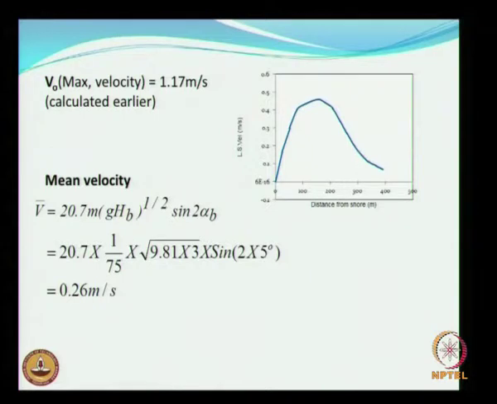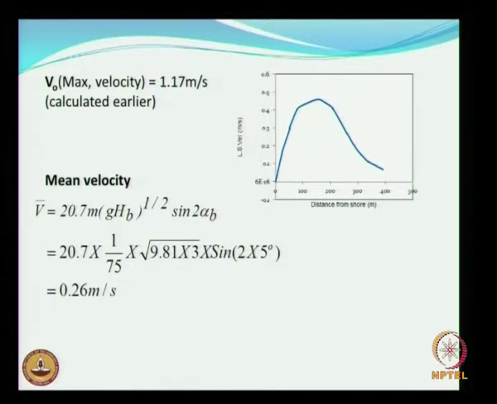So the mean velocity in this case would be approximately 0.26 meters per second, and this is going to be your distance from the shore to the longshore current velocity within the surf zone. So it varies from about 0.5 up to about 0.46 meters per second for this particular problem, and then it extends up to about, so what was the surf width?